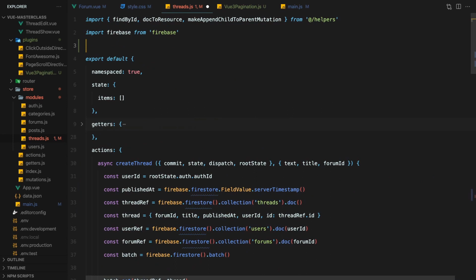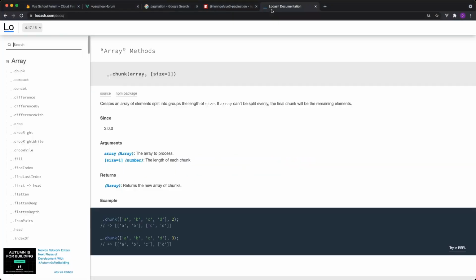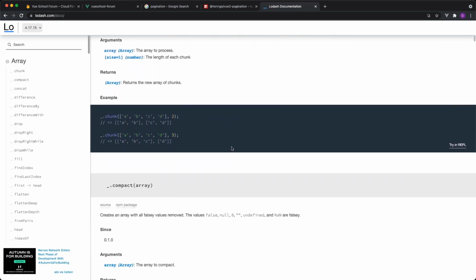Since we've already installed it in an earlier lesson, we can just import the function and use it. The name of the function is chunk. Notice how we're specifying just the chunk function here, so that we only import one function and not the whole Lodash library. Let's take a look at the example of chunk in the docs so that you get a better understanding of how it works.